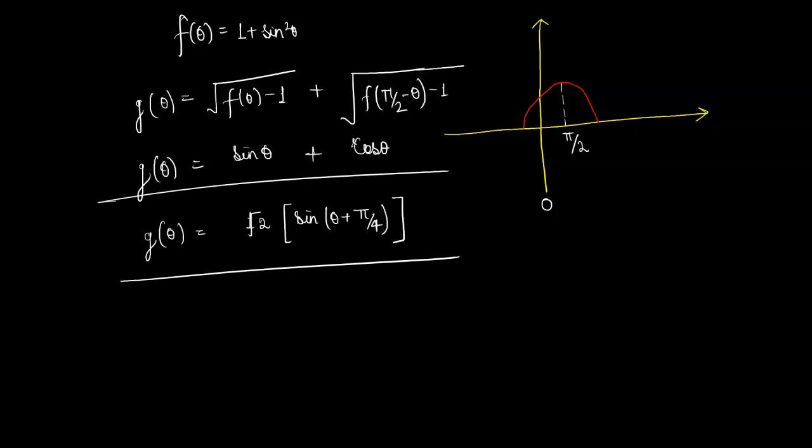Okay, so at 0 it will have the minimum value, and at pi by 2 it will have the maximum value. And this 0 and pi by 2 are the argument of sine, not sine theta, not that theta value. I'm not talking about that theta, because this graph is drawn like this: sine of theta plus pi by 4, and here it is theta. Okay,